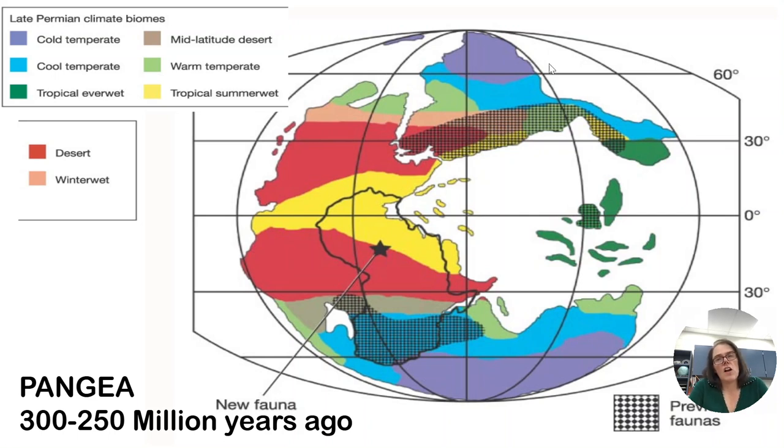That's from long, long ago, probably from when a very large body hit the Earth, forming the moon. That is probably when we got knocked off our axis in terms of our tilt. So we have this Pangea, and we put the biomes over it. And notice we have that same pattern, right? At 0 degrees, we have our tropical, summer wet.